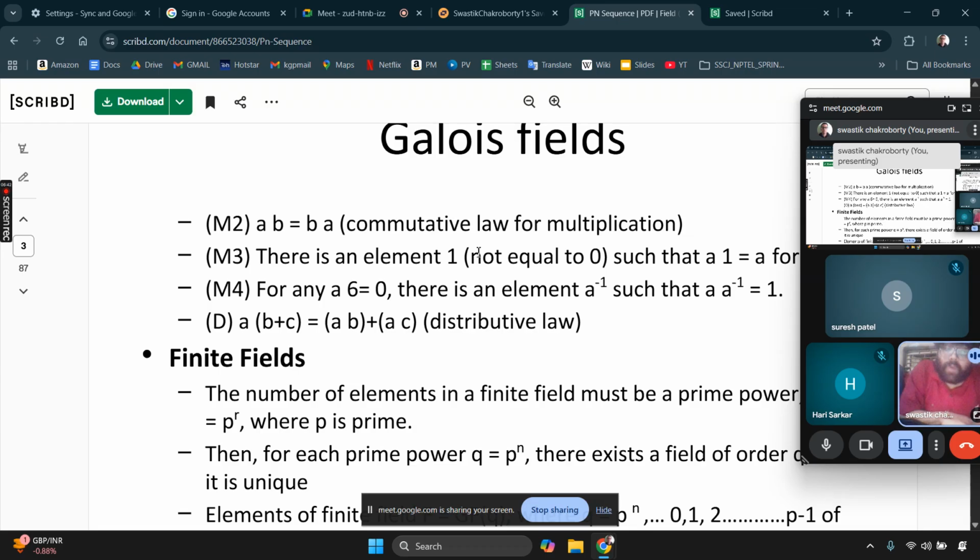So what is this one element? How is this one element defined? This one element is an element that is not equal to the additive identity. So the multiplicative identity is separate from the additive identity by the fact that it is not equal to the additive identity. So they are different elements. This 1 is not actually the number 1 that comes after 0. So it is actually the multiplicative identity.